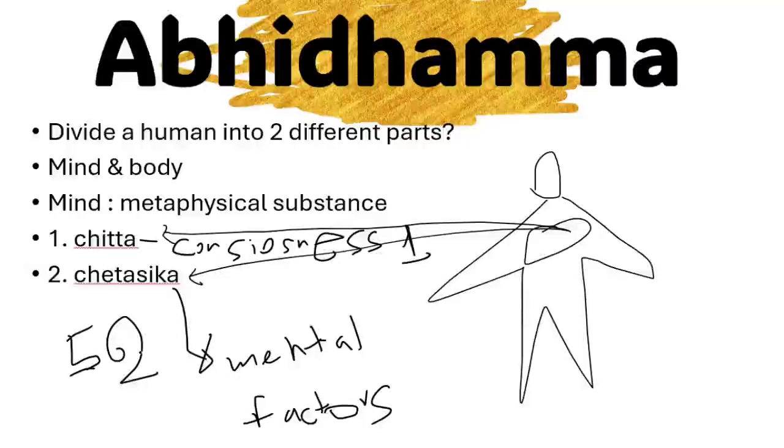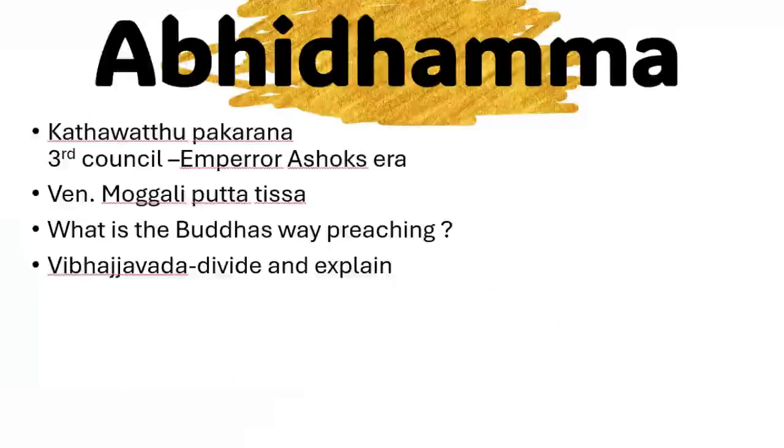How many chetasikas are there in the mind? The total number of chetasikas that can be found in the mind is 52, not greater than that. And only one chitta we have, only one consciousness. We don't have two consciousnesses at the same time. Only one consciousness per mind, and many chetasikas. We don't know the number. It depends on the situation, but the total number of chetasikas that can be there is 52. So if I move to the next part,